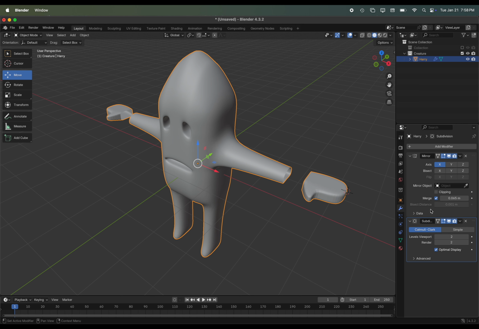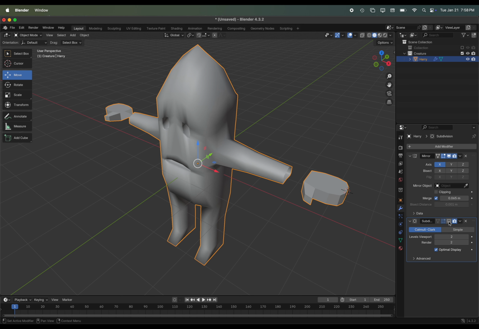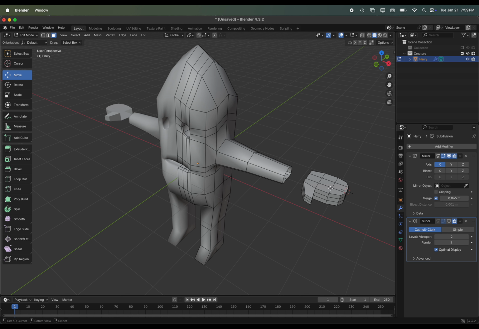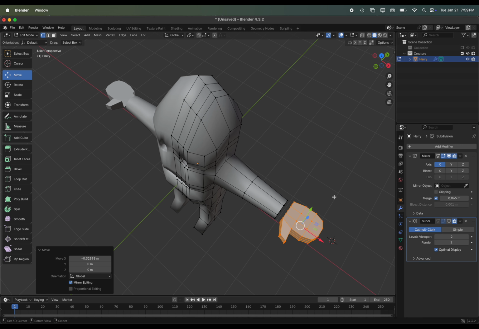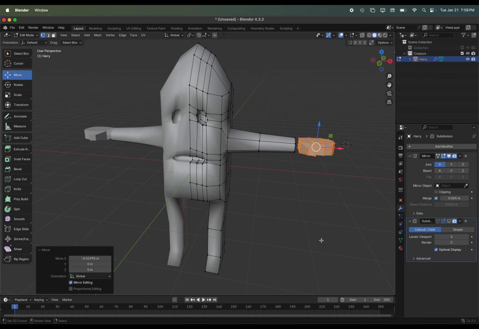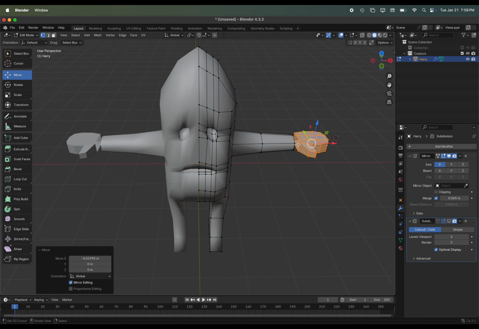Now, temporarily, I'm going to turn off the visibility of the subdivision surface modifier because it's going to make the final steps of unifying the hand to the body a little bit easier. So I'm going to go back into edit mode and vertex select, and I'm going to slide the hand a little bit closer. When you have multiple mesh objects inside a single object, you can hover over an individual object and just press L for loose part, and it allows you to select just that area. And I'm going to slide this just a little bit closer together, but not completely together. I want to have enough room to be able to see where the different vertices are.